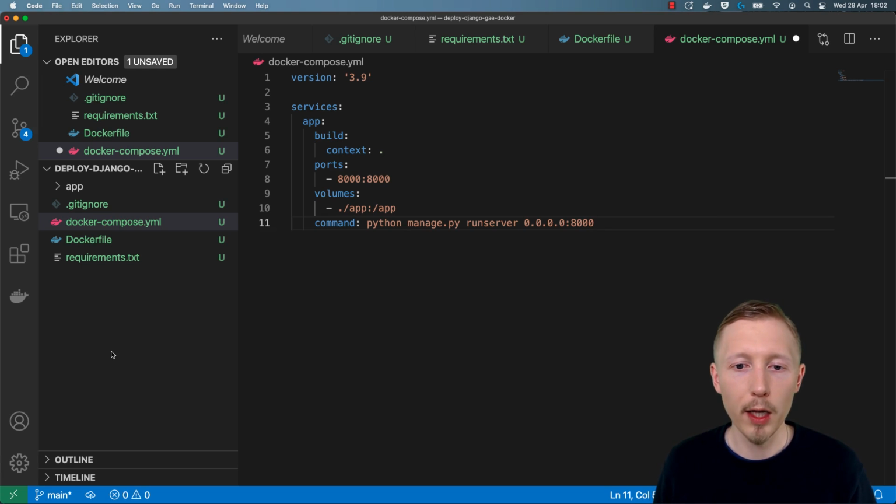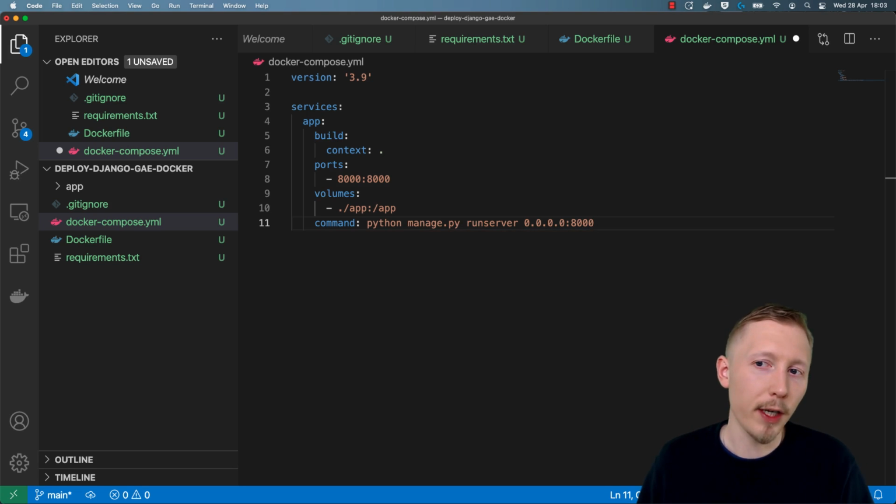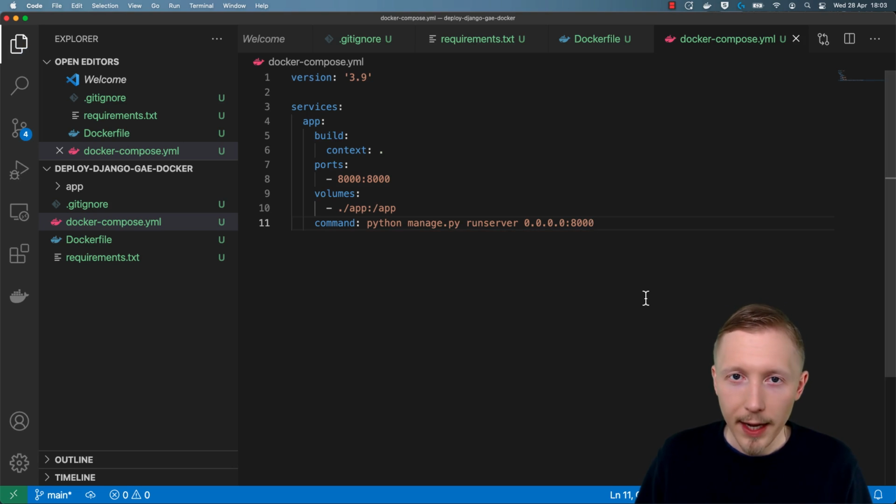Finally, we have the command, which is the Django runserver command for starting the development server. And then we specify the port 8000 and we bind it on 0.0.0.0, which just makes it accessible on the network. So then we can map the port 8000 to the container and we can access it on our browser on the host machine. Now we've done that, we're going to save the file, and then we're going to open